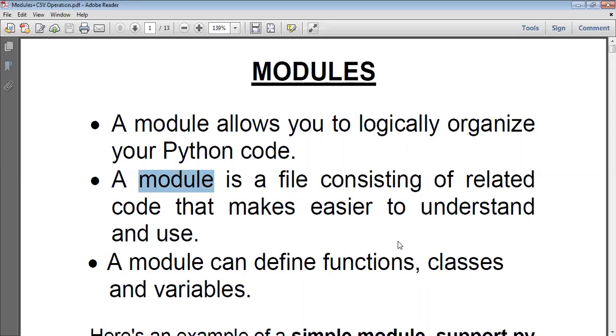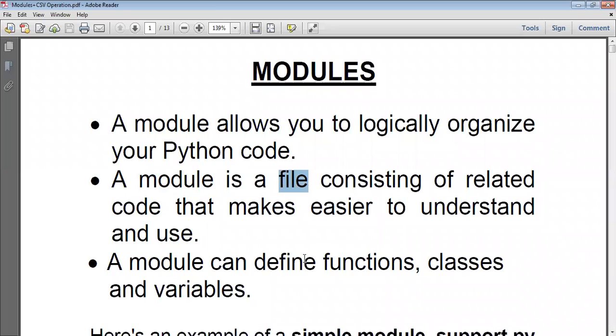Once we have created a module, wherever you want it in your program, it is just enough to import that module. If you import the particular module, you can make use of all the code that is present inside the module. So wherever you want in your project, you can just use that module and get access to all those functions and variables present inside the module. So a module is nothing but a file that groups the related code under a single file.